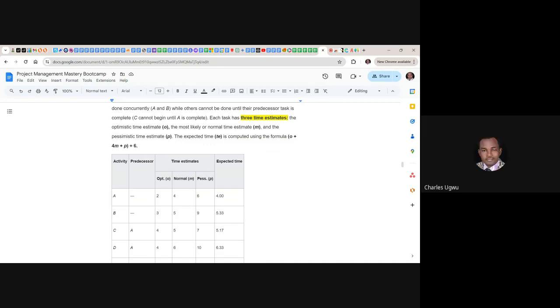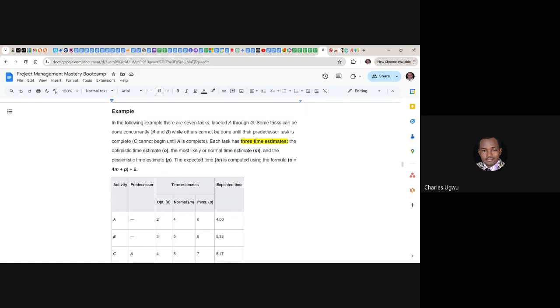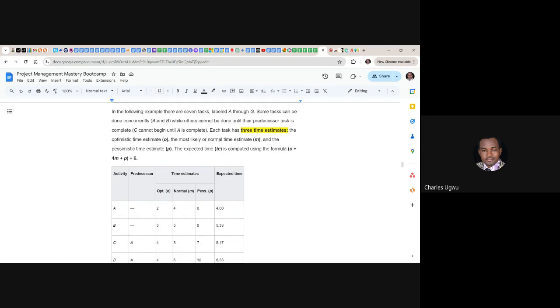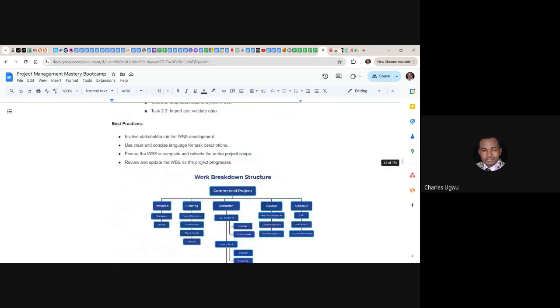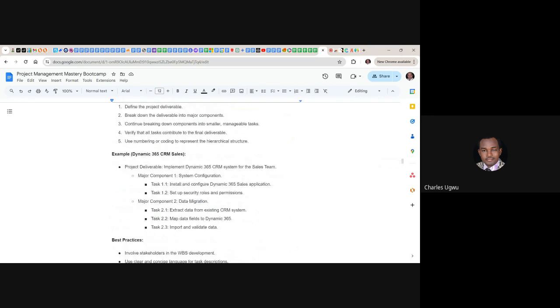So that is how we use this PERT method to get the expected time. So it means that this 4 should be the expected time to finish this work called A. So even when we come to our own, that is the method we are going to apply, taking what everybody contributed to get the time we are going to use to install and configure Dynamics 365